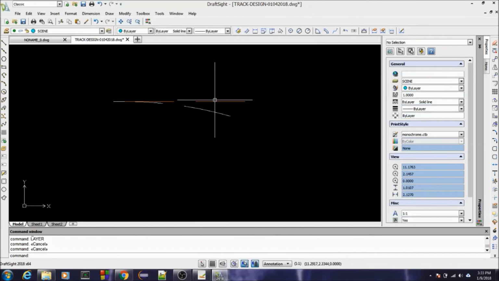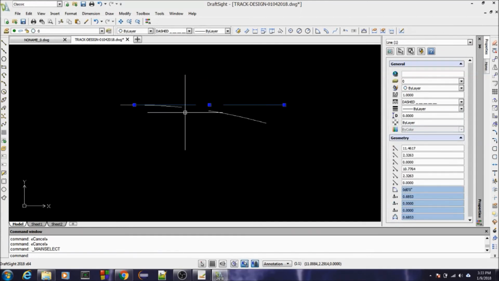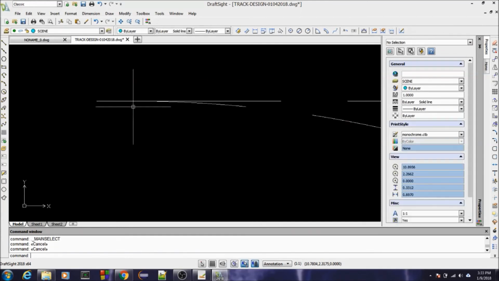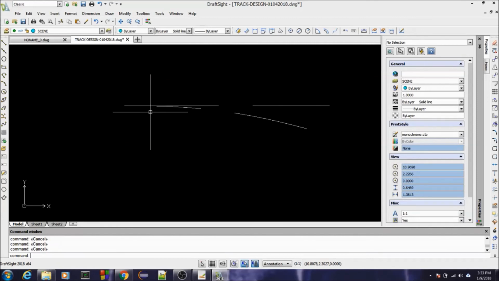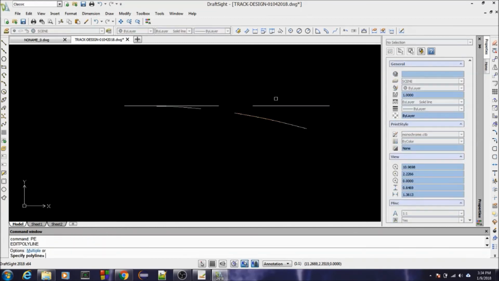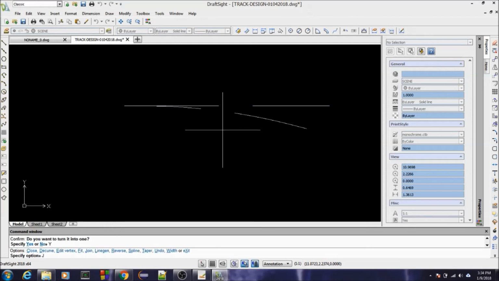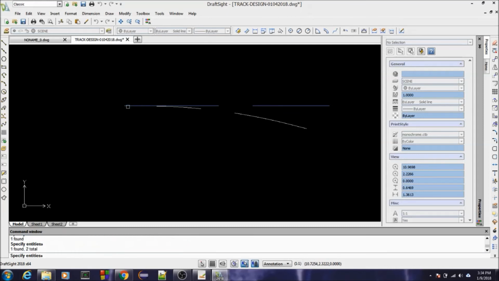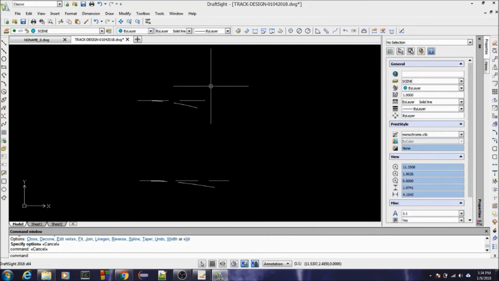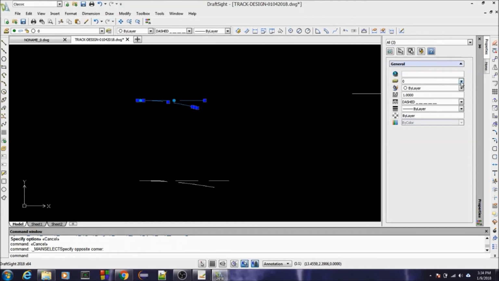So what we want to do is clean this up just a little bit. Since the straight part is actually two separate entities where the diverging route comes in, I'm going to join those two straight parts. It's asking me to turn it into one. Yes, I want to turn it into one, and I want to join it. Okay, and then I'm going to change that to the track layer,